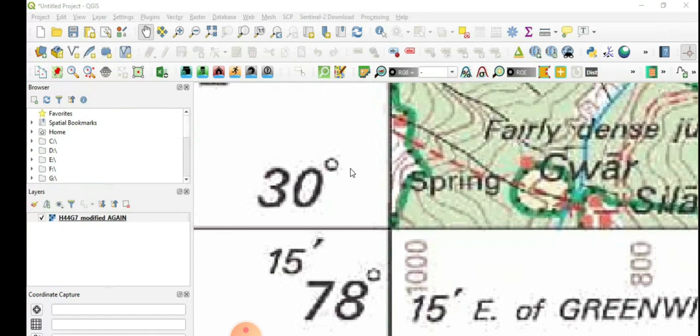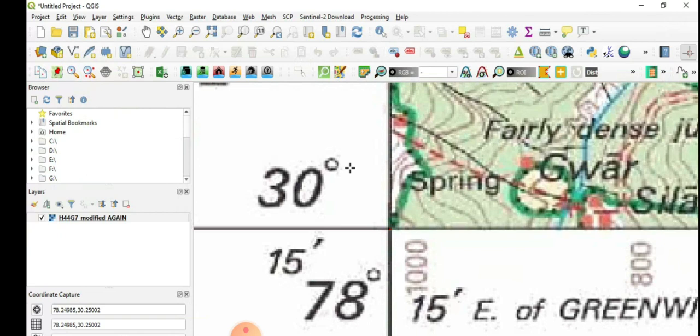Okay, so there is an option called start capture. Just click this and I will click over here, and see it is showing me 78.249, that means 78.25, and this is 78 degrees 15 minutes. 15 minutes is equal to 0.25 degrees. So that means we have done a very accurate georeferencing.